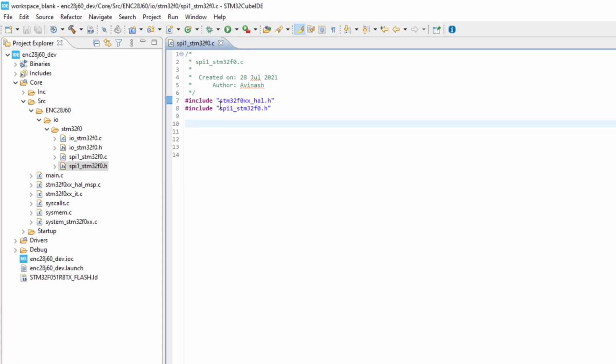This SPI driver will provide us with only two functions. The first function is the initialization function. So it will be like this.